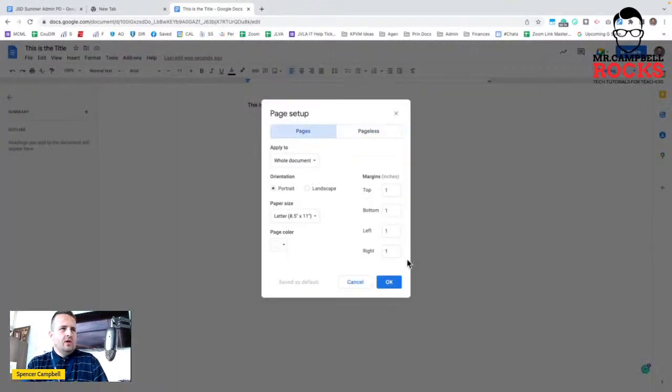Click OK. You'd also set up your margins here. You can apply this to selected content, depending on how you're organizing your content on those pages. So what that means is you can have 8.5 by 11, 8.5 by 11. Then you can have a horizontal page and a vertical page, horizontal, kind of however you want to set that